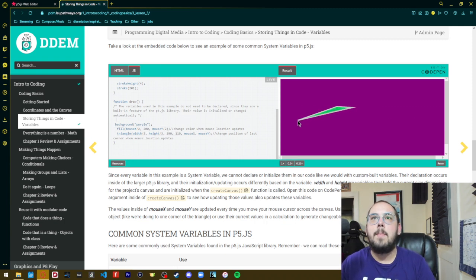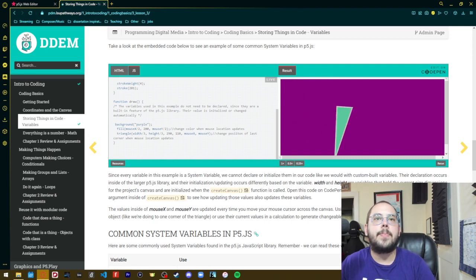So as I move my mouse around the canvas, every frame P5 is checking to see what that is, and it redraws the triangle at that spot, and it readjusts the fill for that frame, again, because of the math we're doing as we go. So as we move it around, you can see the triangle is moving and changing,